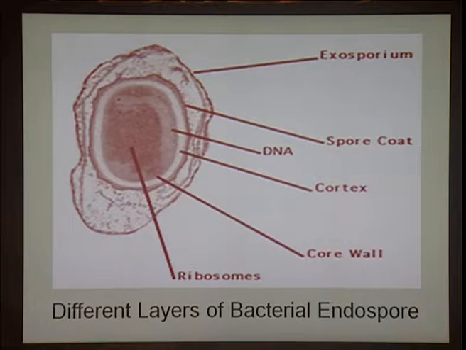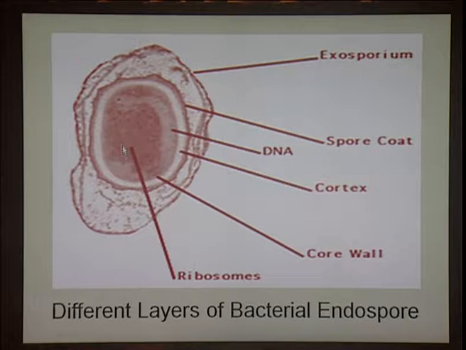Then finally, we have the cortex, which is nothing but a peptidoglycan with dipicolinic acid and calcium, and finally we have the core wall, which is just bordering the protoplast, and the core wall, you know, is formed of the small acid soluble protein SASP. In the innermost region you can see the genophore or the nucleoid region, and this particular endospore will also have ribosomes, but the metabolic activity of this structure is very little because it has to survive the unfavorable condition when the bacteria is not getting adequate food or water.